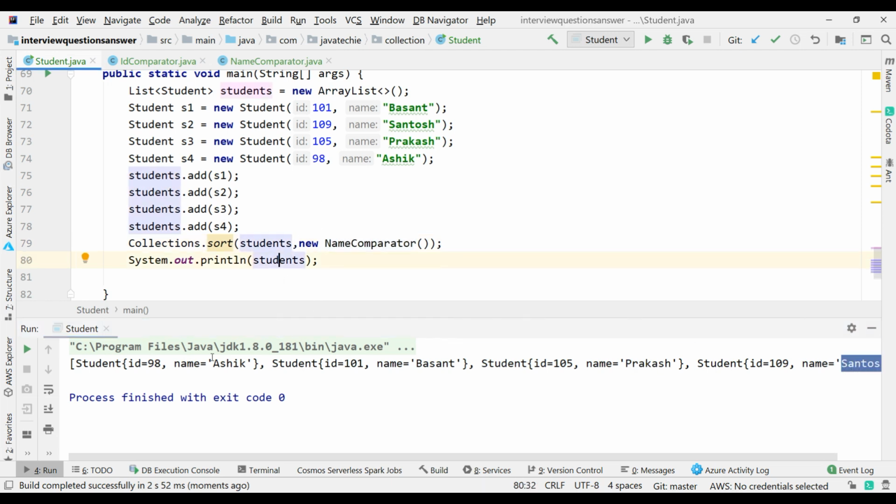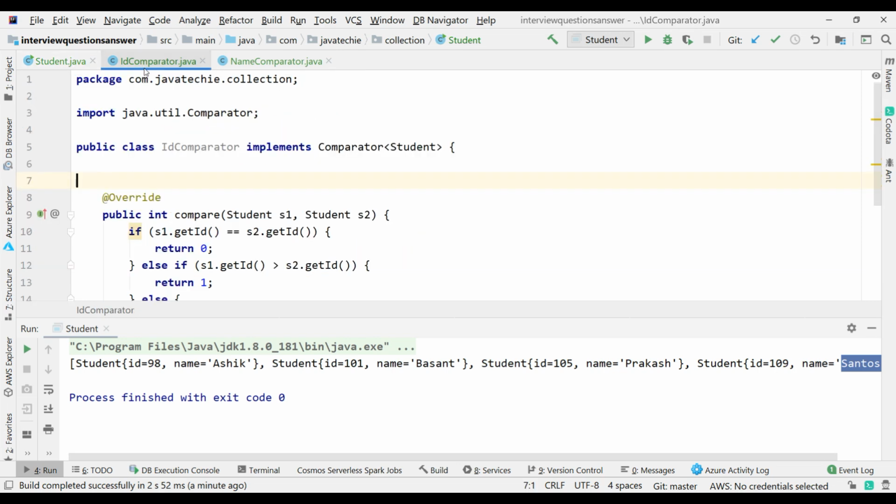Now let's assume we created separate comparators, name comparator and ID comparator, for multiple sorting using the comparator interface. Now the next question from the interviewer, which is a common interview question, I can say I personally faced it. I just want to sort based on the ID. If we find both the IDs are the same, then I just want to go with the name sorting. So let's go to this ID comparator.